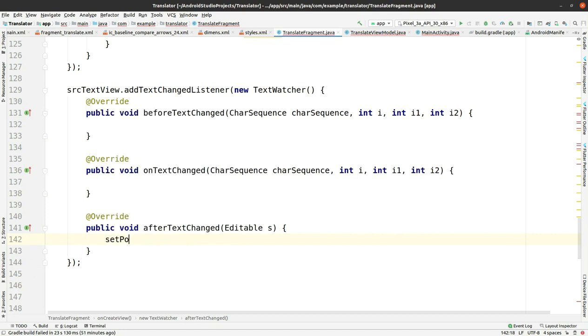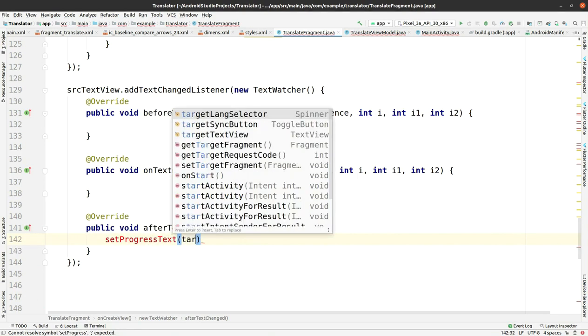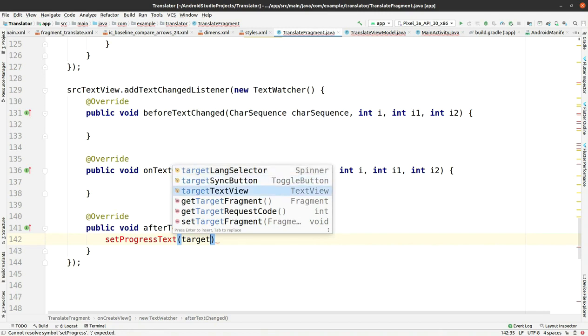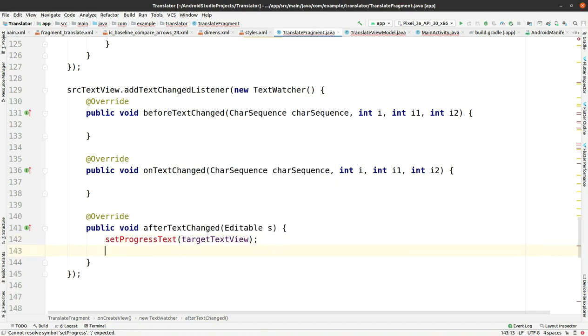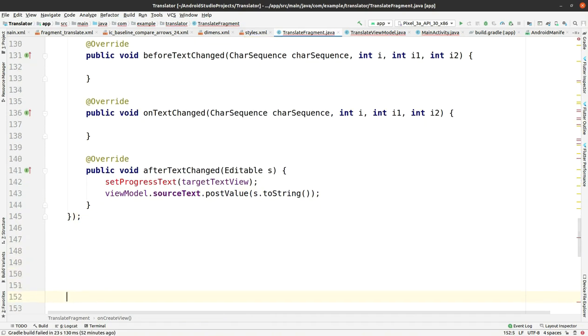This will be, and now you have to leave empty the previous 2 functions and only change this after text change function, and add that set progress text, and then view model, and it will take source text, then post value within it to string. Okay,